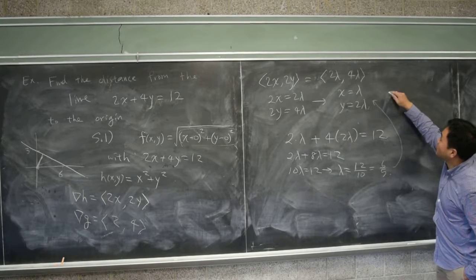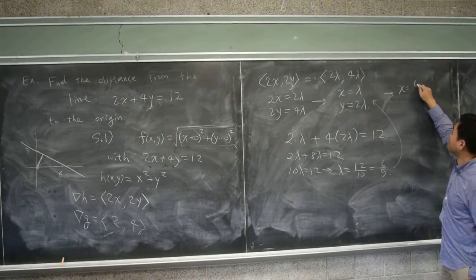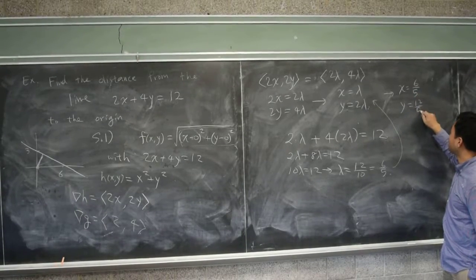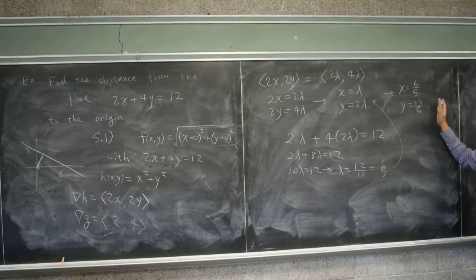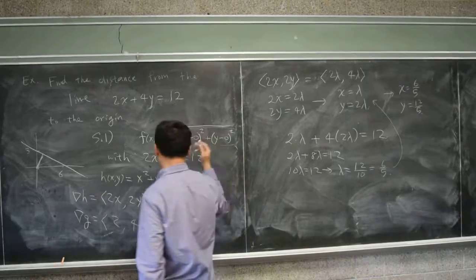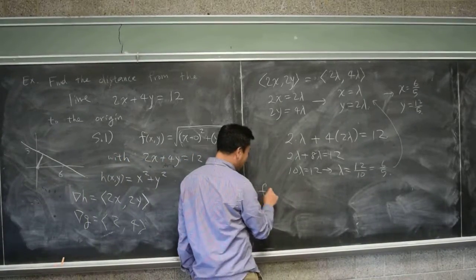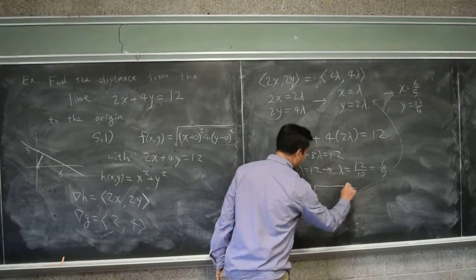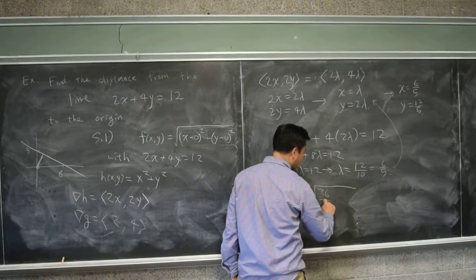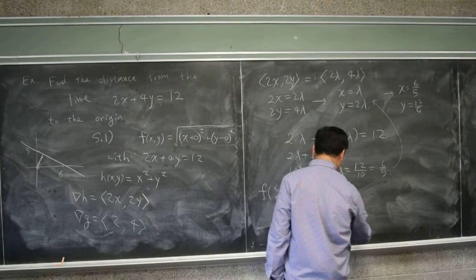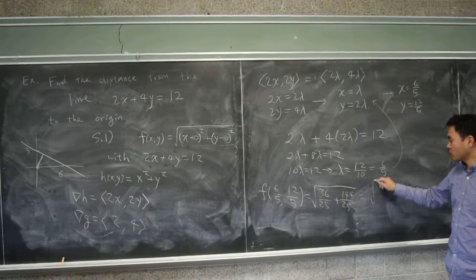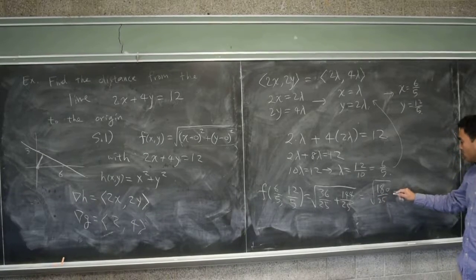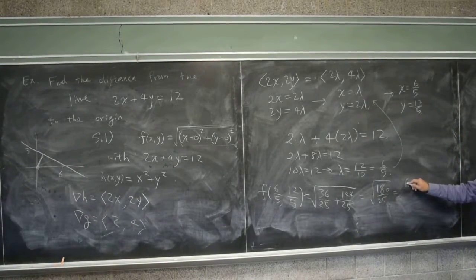And then you can plug it back here to get the x values. You get x equal to 6 over 5, and y equals 12 over 5. And now we have figured out when it attains its minimum. So now you go back and plug it in here, and that's your answer, okay? f at 6 over 5 and 12 over 5. Square of this is 36 over 25 plus 144 over 25. So that's the square root of 180 over 25. Well, taking the square root top and bottom, you get 6 radical 5 over 5. So that's the answer. That's the distance from the line